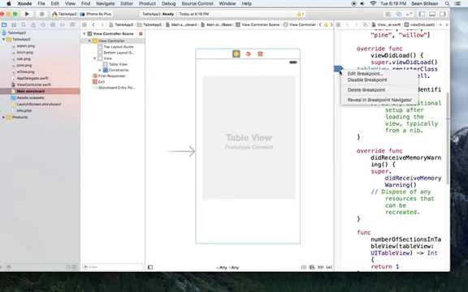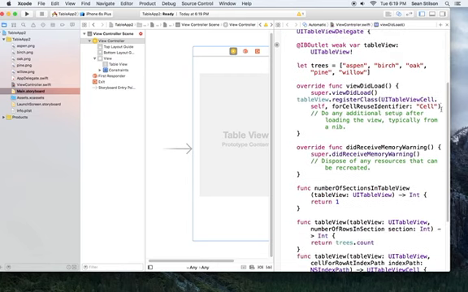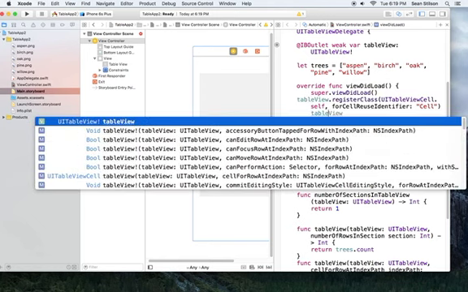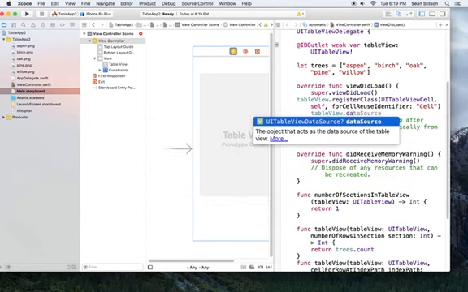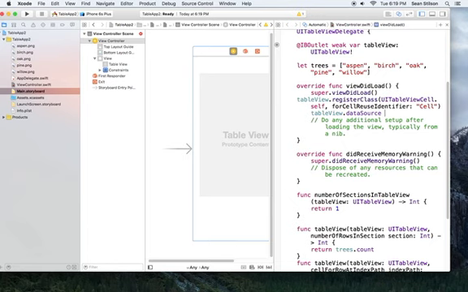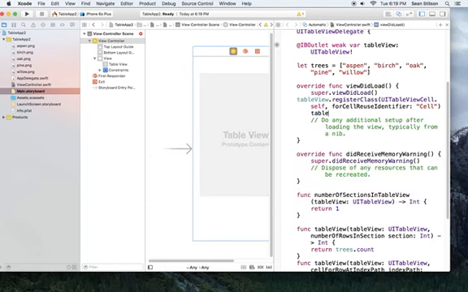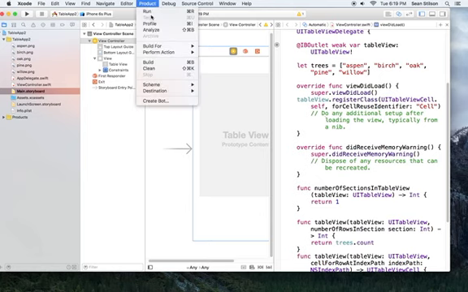Where you'd say, oops, in here, you'd say viewDidLoad, you'd go like tableView.dataSource = self, that kind of thing. So you can do it either way. This should work just fine too, but sometimes it's handier, a little bit more reliable, just to let Xcode do it. All right, so if I run this,